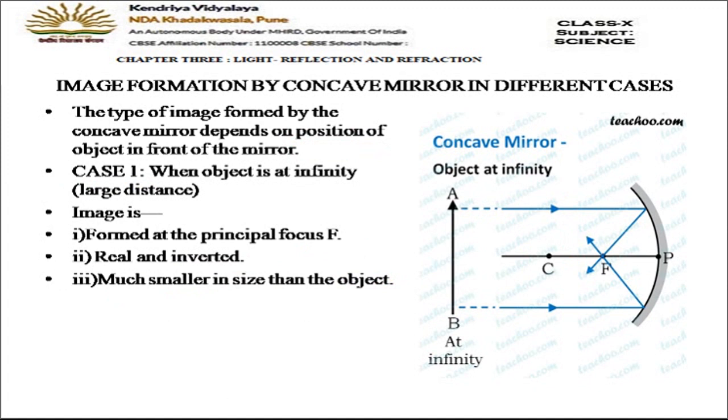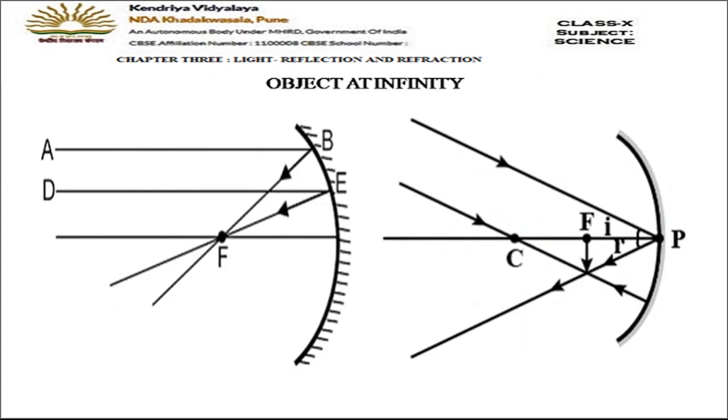Now this same diagram can be shown in some other ways also. See this here: this is ray number 1 and this one is ray number 2. Both are parallel to each other, and these parallel rays are coming from some point at infinity. Now when these parallel rays strike the mirror, they get reflected. Both of them will get reflected, and after reflection they both will pass through the point F and the image will be formed at point F. And the same diagram can be shown in this form also.